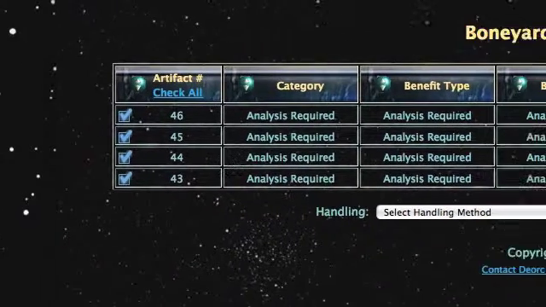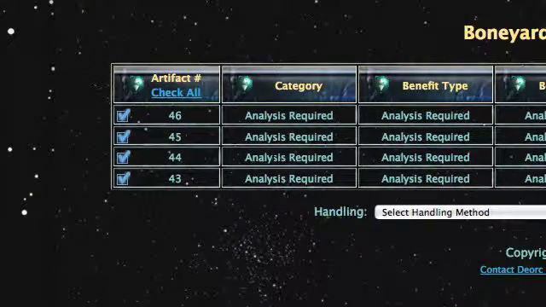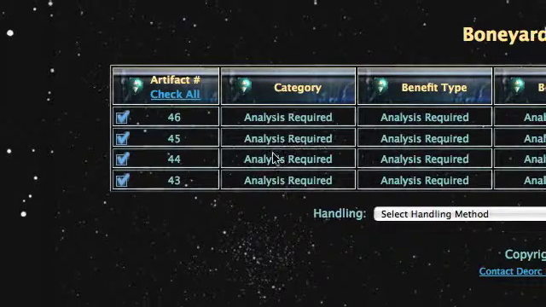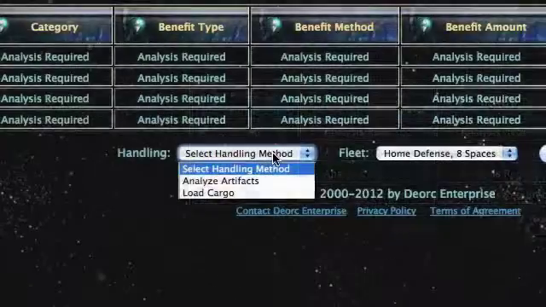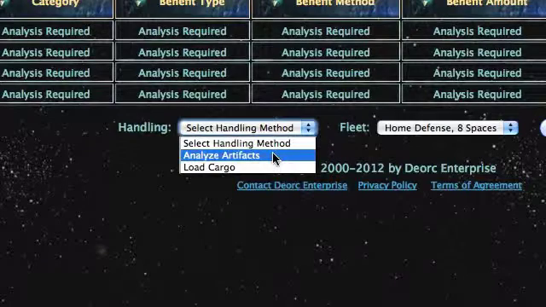If you already have some alien artifacts that have been analyzed and you run them through the analysis process, the game will not charge you for the resource cost and will just handle those without any problems. To analyze the alien artifacts, you must have one or more selected. Choose the handling method called Analyze Artifacts. The other method is should you wish to individually select some of these